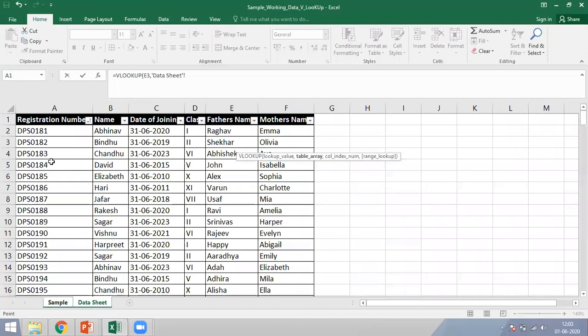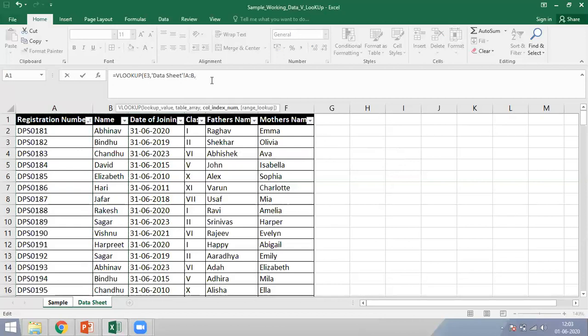So I've taken that table and sheet. Here I have selected this entire table. Now out of that, the information that I require first is the student name. It is available in the second column.